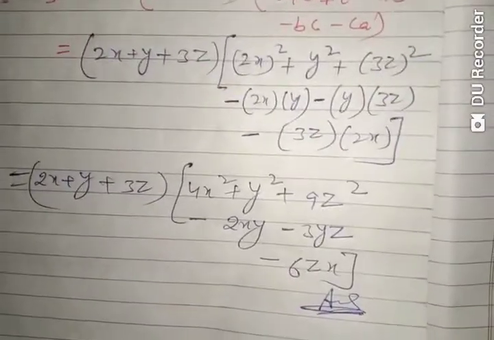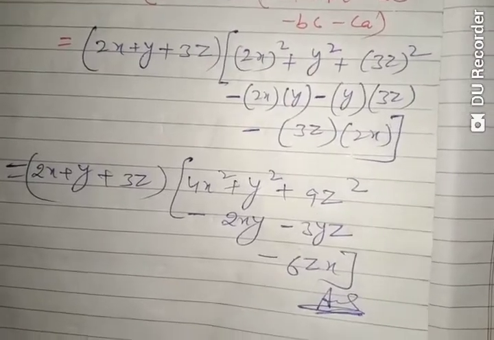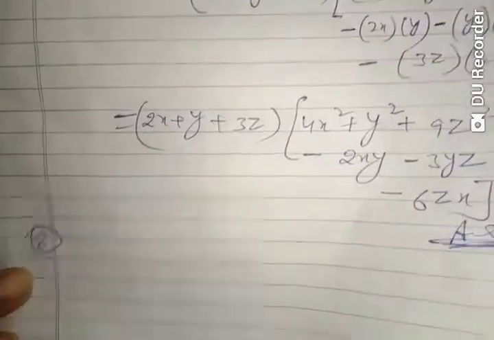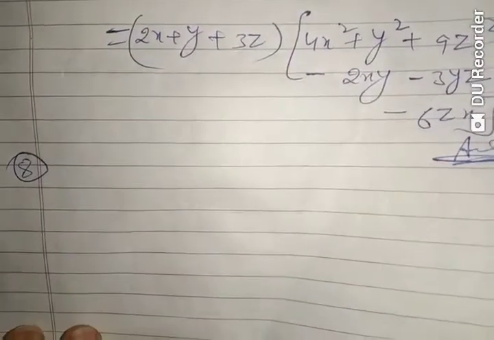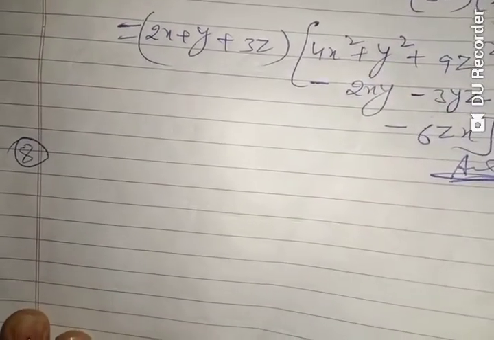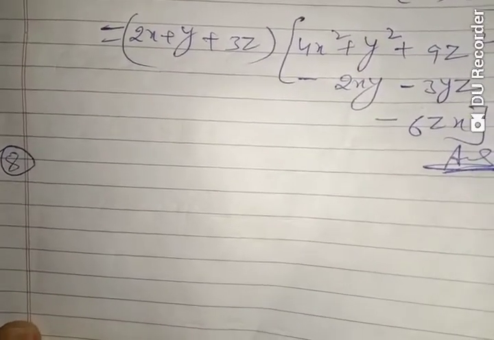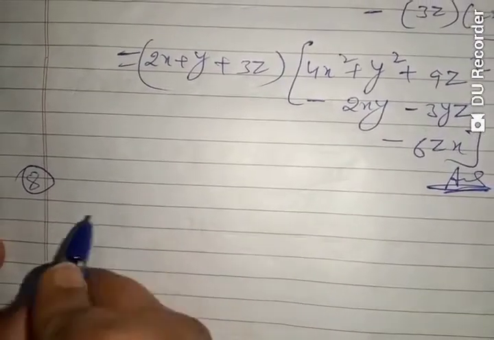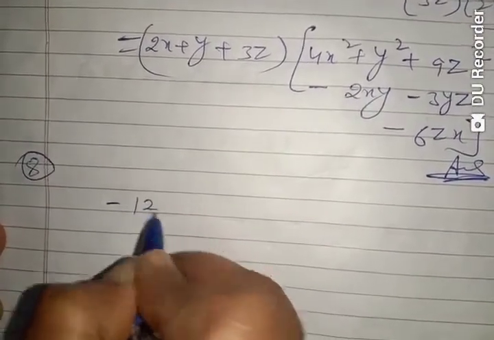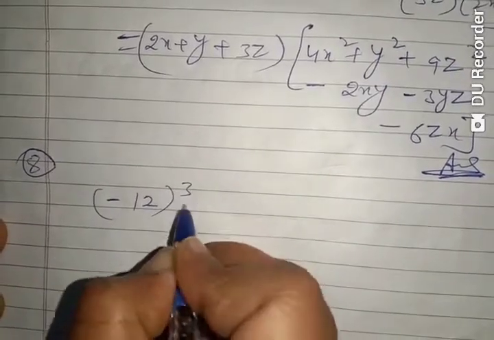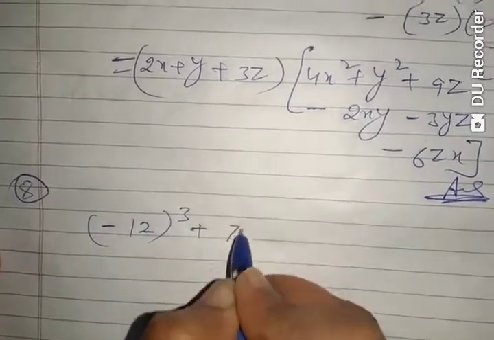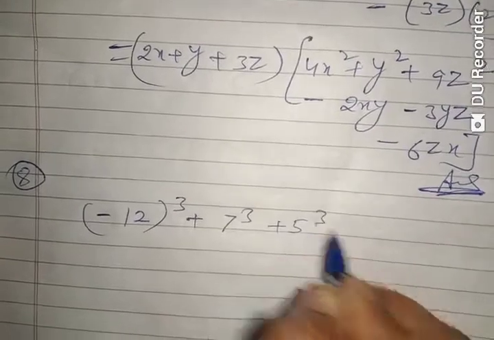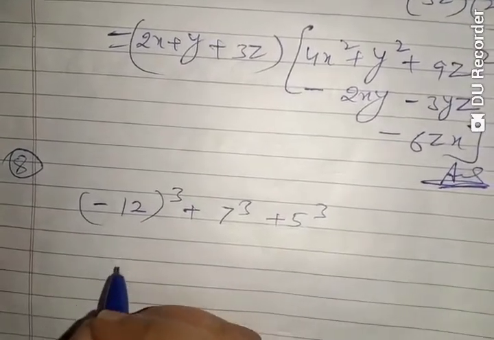I hope you know how to apply the identities. Now one more question so that all identities of your exercise 2.5 will be covered. I will make one more part on factorization. In that we'll do some extra questions and we'll discuss how to think about factorization, which identity, which method, and so many questions we will do.